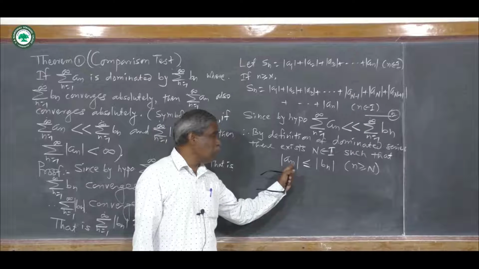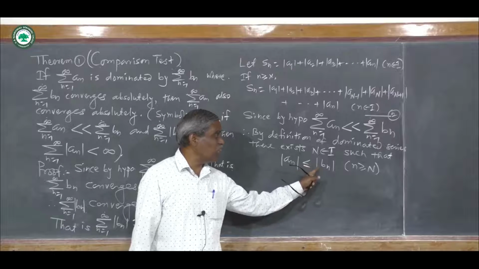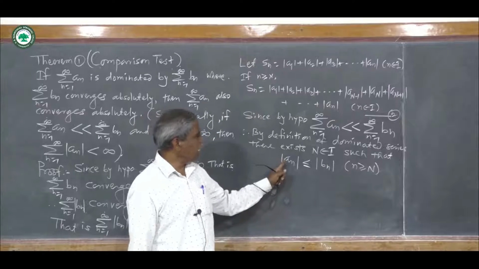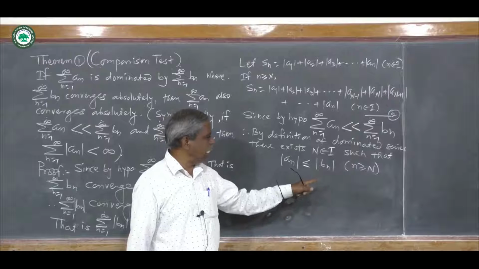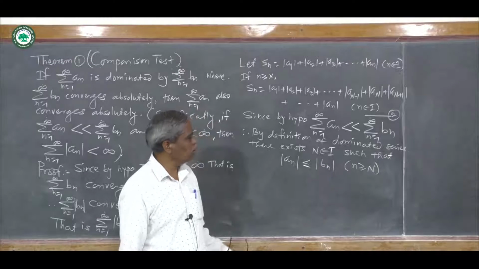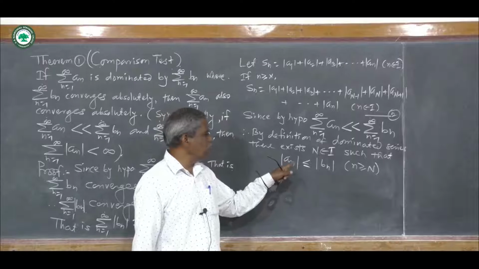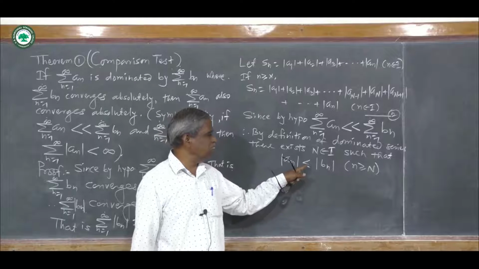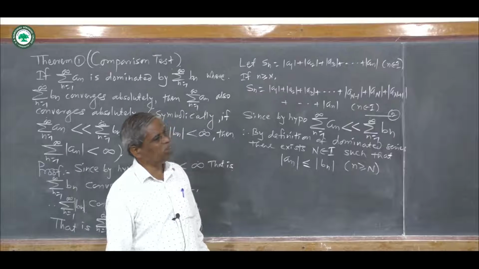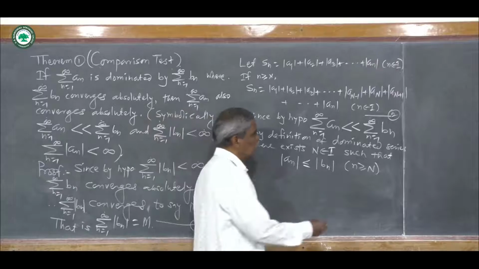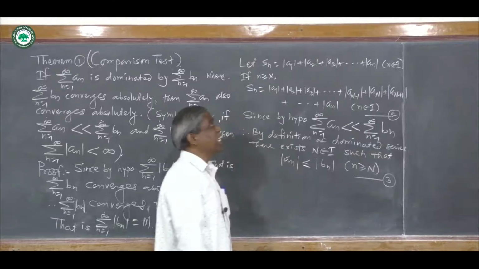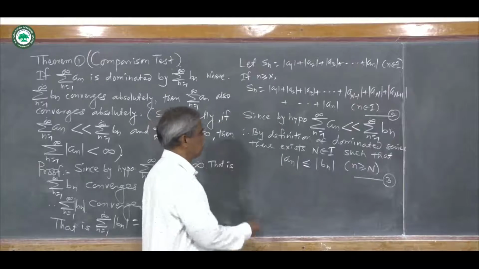mod A suffix capital N is less than or equal to mod of B suffix capital N. Mod A suffix capital N plus 1 is less than or equal to mod of B suffix capital N plus 1. Mod of A suffix capital N plus 2 is less than or equal to mod of B suffix capital N plus 2, and so on. This is 3. Using 3 in the RHS of 2,